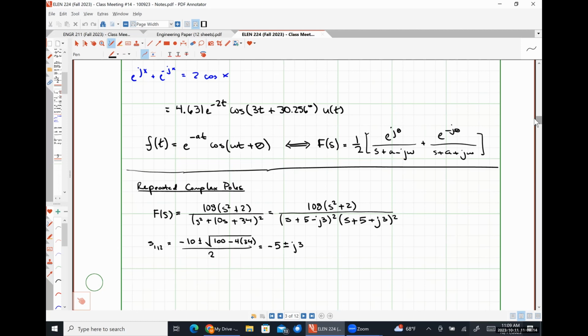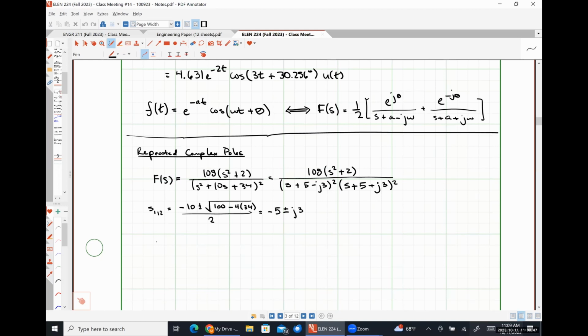So we see that we have a very similar situation to the last example that we worked, except that now we have a repeated complex pole, or actually we have 2 repeated complex poles. So the expectation here is that we're going to have 2 expansion coefficients, B1 and B2, and we're also going to have the complex conjugate of those expansion coefficients as well. So realistically, we should expect this thing,